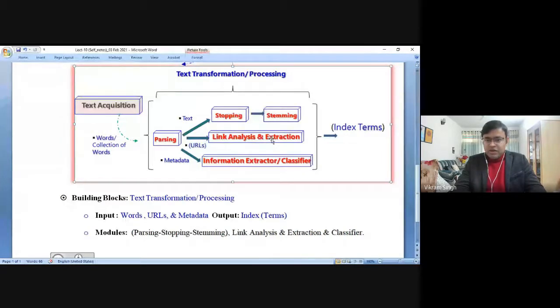Because these two algorithms are primarily designed to generate the quality of a particular link, the quality of web URLs, right? And after getting the quality, you could identify which part of the web URL should be extracted and identified as an index term, right? That's one part. After that, we will naturally discuss how, after getting the data